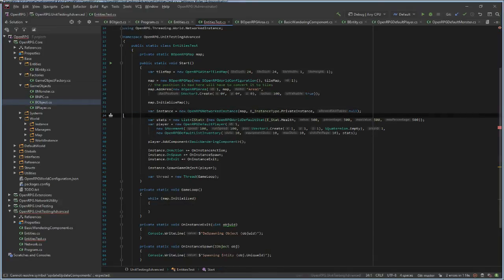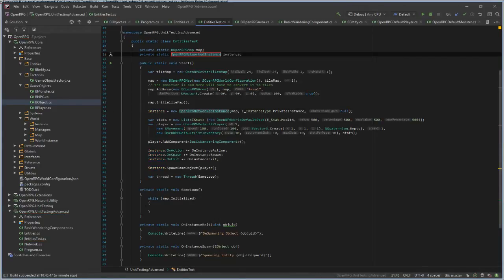Yes, I do have an update for instances. Anyway, instance dot update and give it the time, which is a fixed 0.1 float.